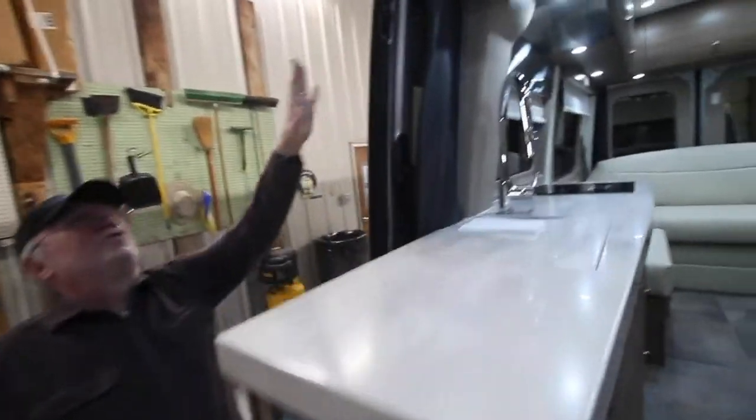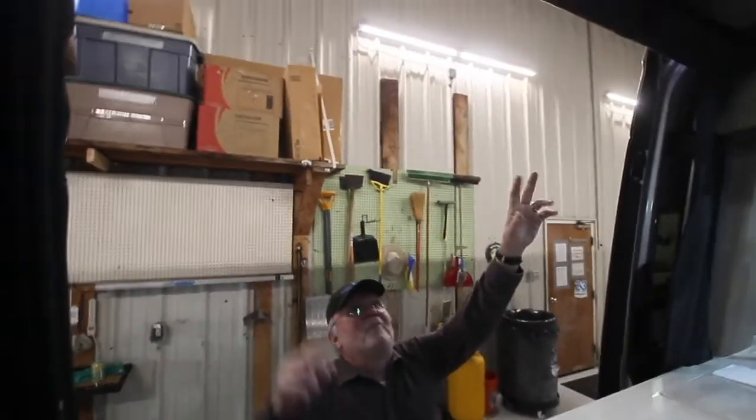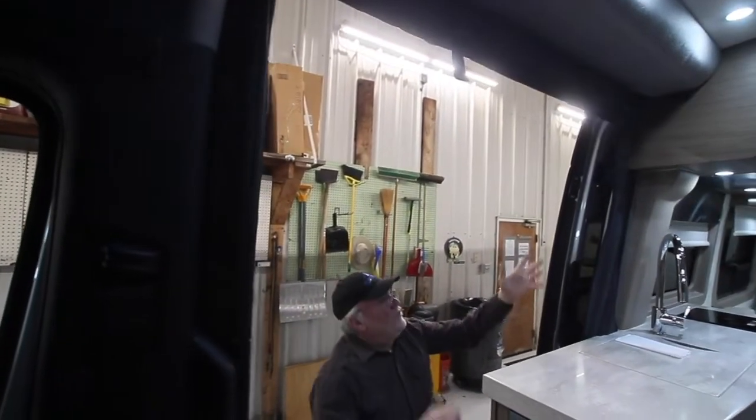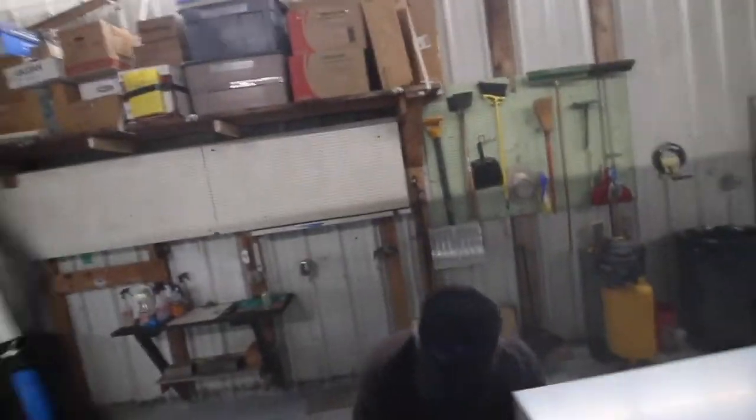So this is your side screen door. It just clasps along the top here and zips down both sides. It's a nice durable screen. Go ahead, let's give them the whole show here. So this comes down like that, all the way down. It has a little foam roll built in the bottom. It zips down the sides,